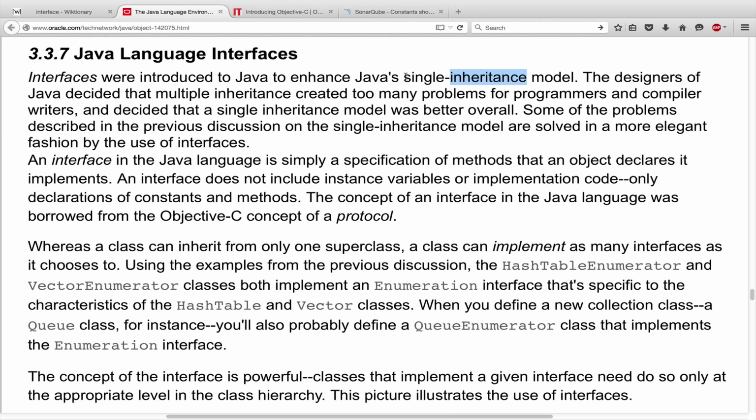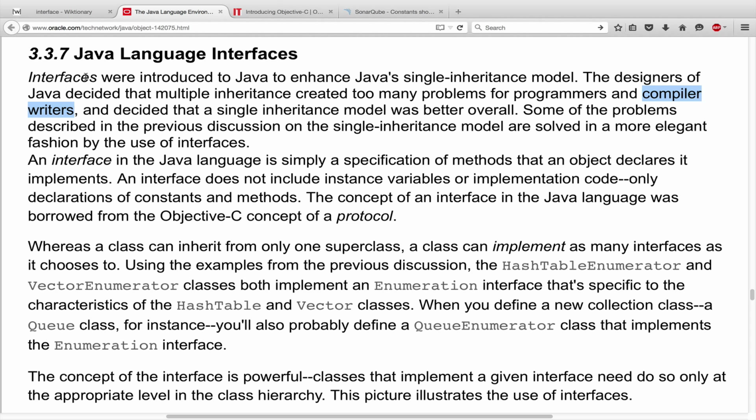But anyway, when Java was introduced, Java is the successor of C++, we could say, and C++ still had a model using multiple inheritance. So multiple inheritance is even more complicated than single inheritance, and here they write, multiple inheritance created too many problems for programmers as well as compiler writers, because it's actually not so easy to implement multiple inheritance into a compiler.